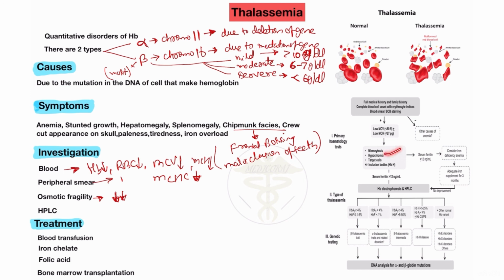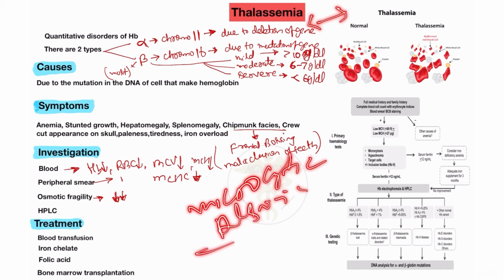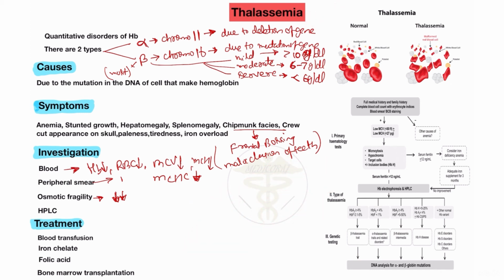So this is microcytic type of anemia, like thalassemia. I already made a mnemonic for microcytic type of anemia. So this is the mnemonic to learn all types of anemia: microcytic, macrocytic and normocytic. So please watch those videos. Hypochromia occurs in this case, and target cell appearance also occurs in the thalassemia patient, and abnormal types of RBC you will also see in the patient of thalassemia. This is the investigation of the blood of the thalassemia patient.